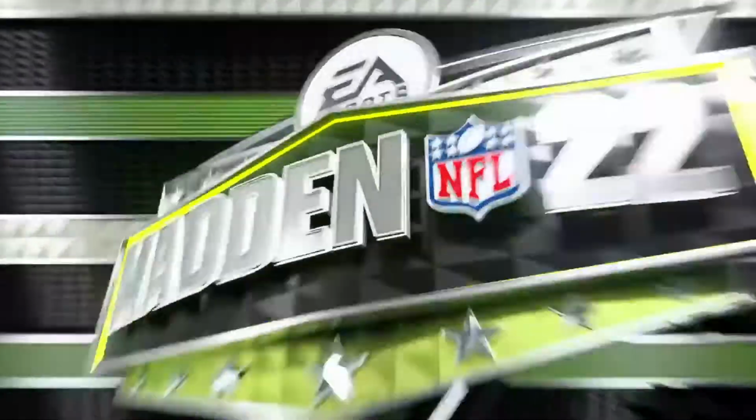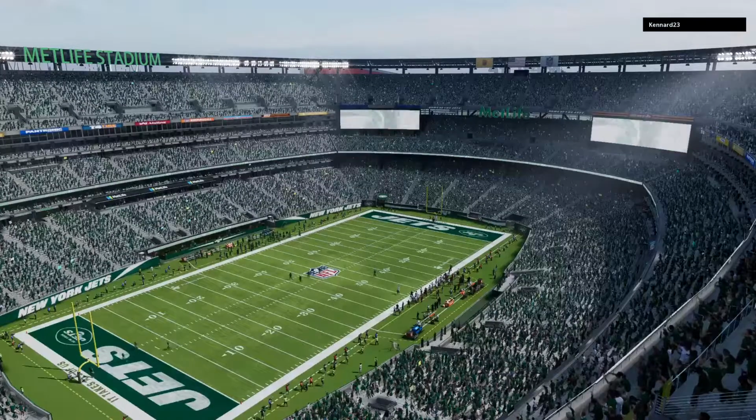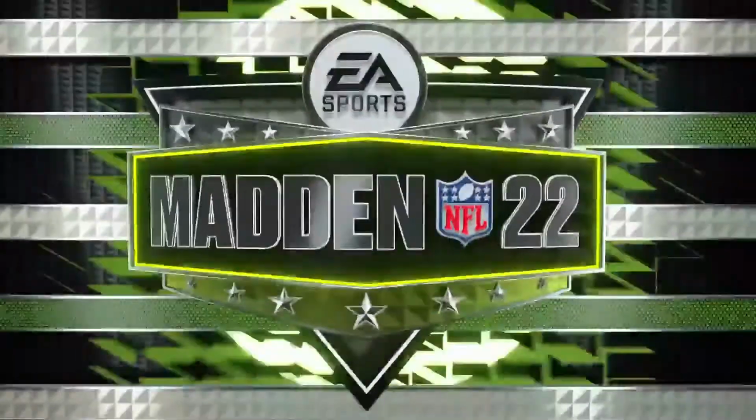So for the Jets, they move back over 500 at 7-6. And they'll get another home date next week as the Browns will come to town. Meanwhile, for New England,